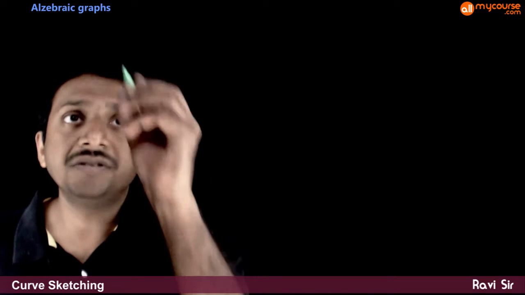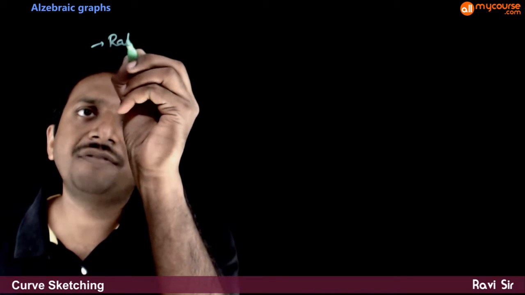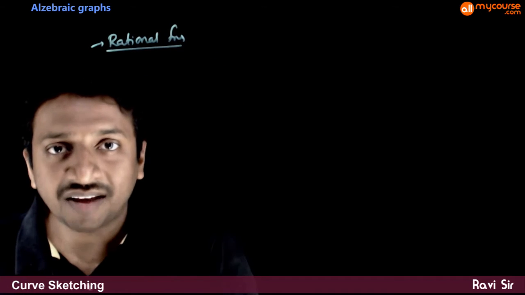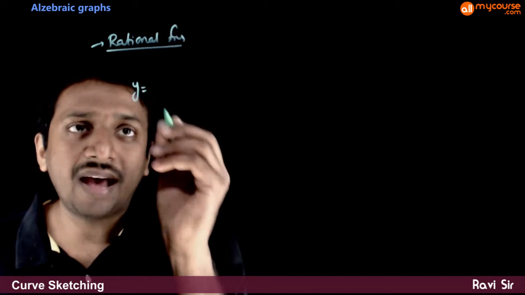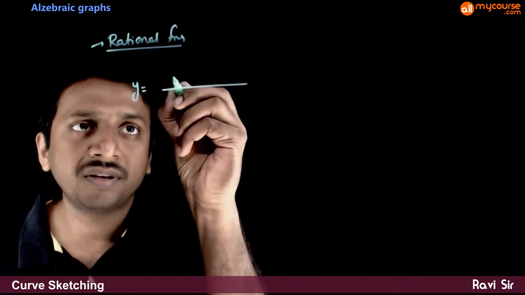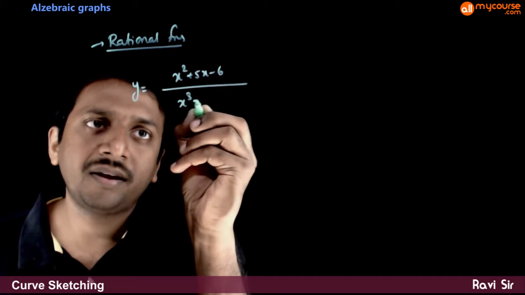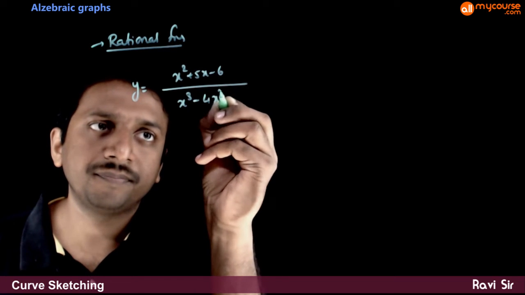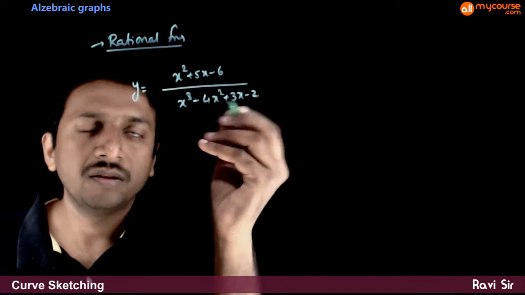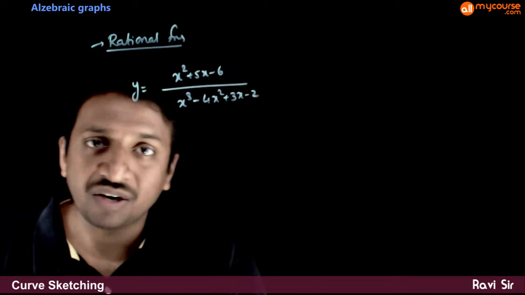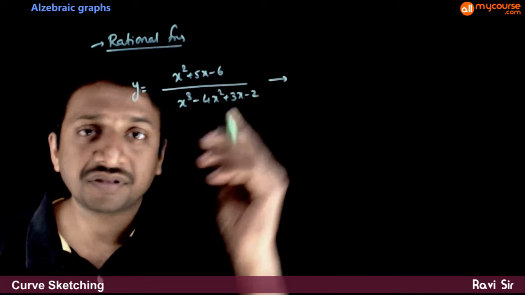The next type of functions are rational functions. So rational functions are functions where you have a ratio of polynomials by another polynomial. So if you have a polynomial by polynomial, we say that it is a rational function, and the graphs of